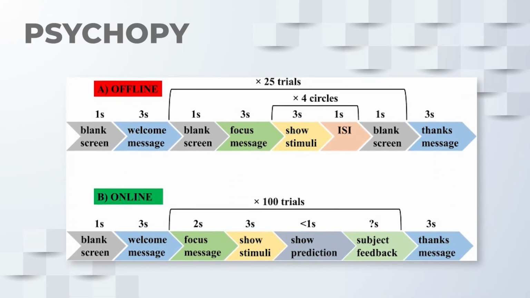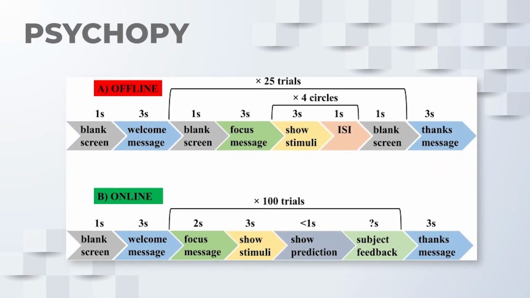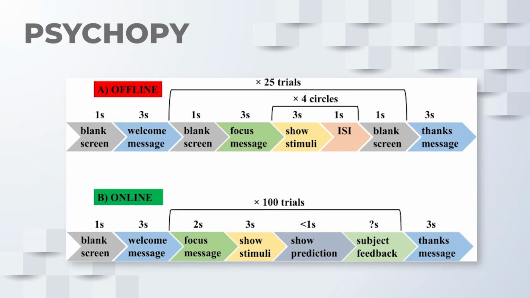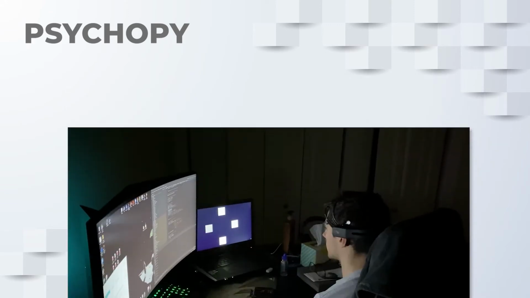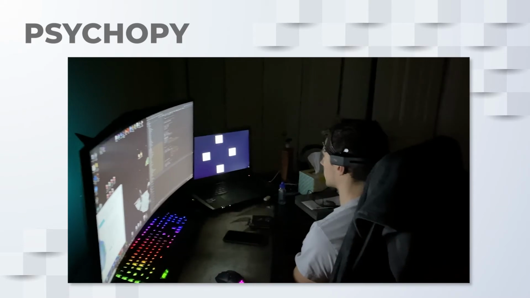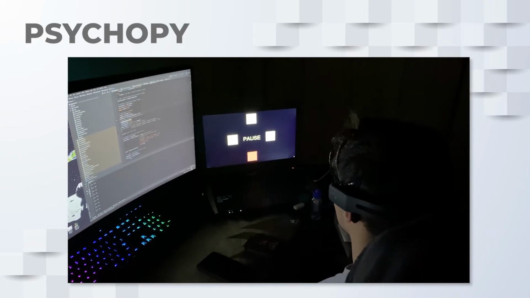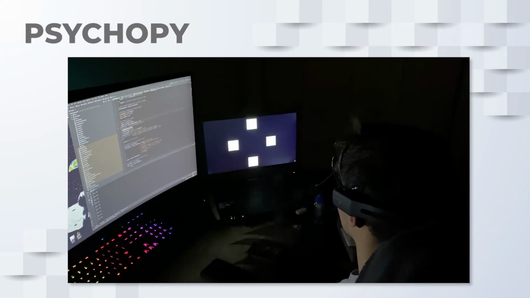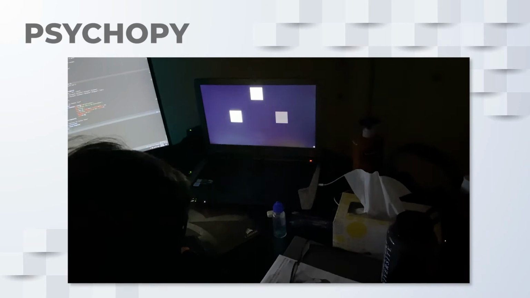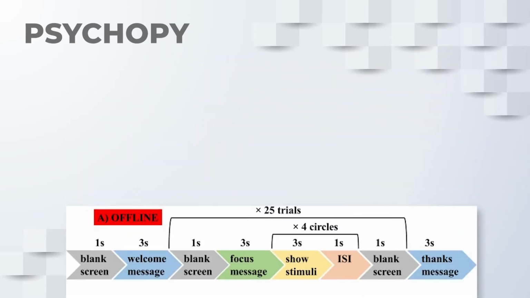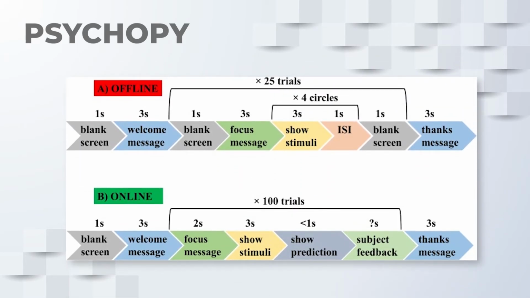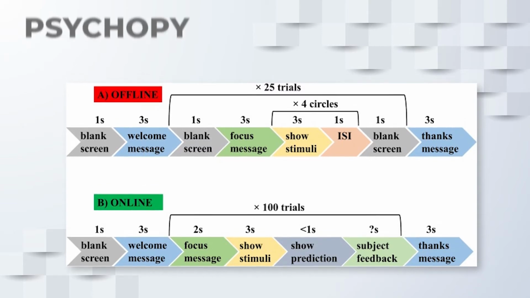This research paper suggested the use of an offline mode and an online mode, similar to our data collection and live mode. This video shows one of the team members recording EEG data. The program randomly selects an icon and highlights it in red to indicate that the user must stare at that icon. After recording EEG data for that icon, the program selects another icon randomly. The program will go through all the icons every cycle, and will run this experiment for a set number of